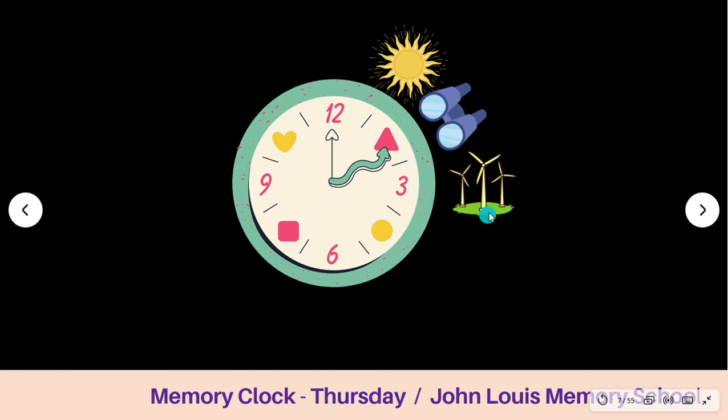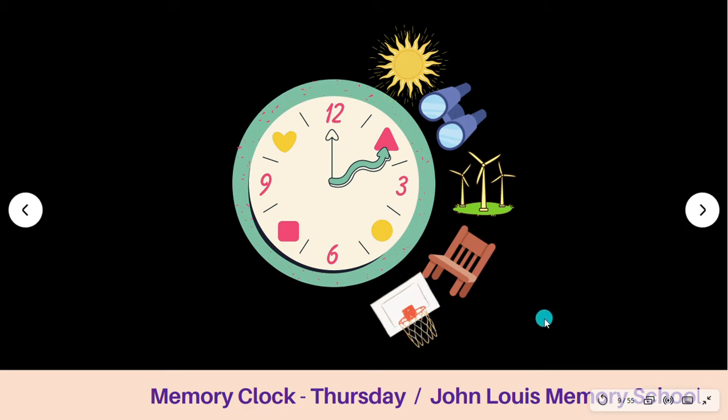Then 3, I have taken a windmill because a windmill has three wings. And here I have taken three windmills and each has three wings. So this is the pictorial representation for hour 3. And then 4, a chair has four legs. Therefore, for 4 o'clock we can take the picture of a chair. Then 5 o'clock we can take a basketball board because a basketball team has 5 players. Therefore, we have taken a basketball board with a ring for number 5 to represent the hour 5.